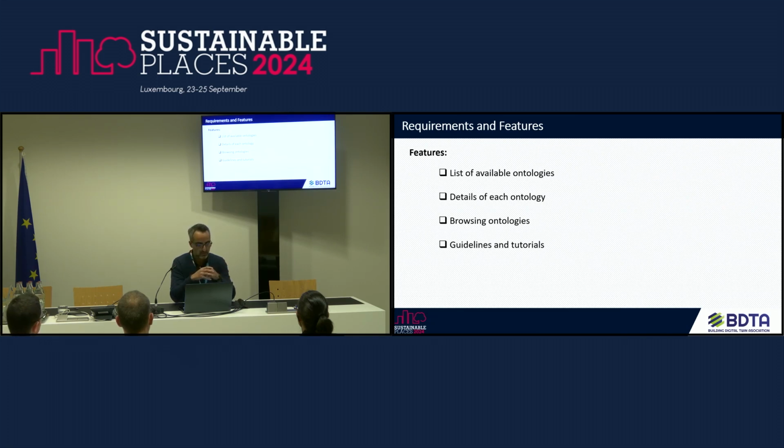Or as others mentioned, as Bram also mentioned, software developers are not usually familiar with ontologies, but they are familiar with the development side. So we could share some guidelines on model-driven development, how to develop software incorporating a model or an ontology in the software, and how to show the benefits of that for the software developers as well, or from the aspects of the other group of users. So this could also be a beneficial point to gather interest in the platform for the community. So these are the features that we have considered.